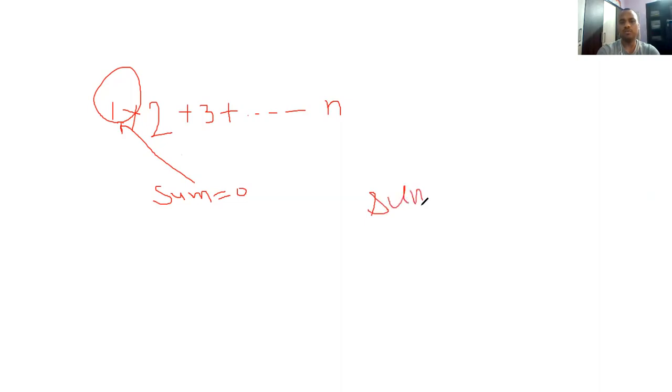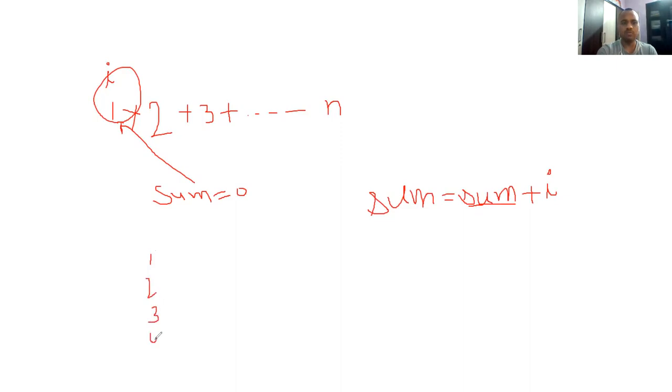Means sum equals sum plus i. This sum is nothing else but the previous sum, and we add the number. Suppose this is the index i, which represents the step. Initially this represents the first step. In the first step I have to add 1 to this sum, and initially sum is 0. Suppose these are the steps 1, 2,